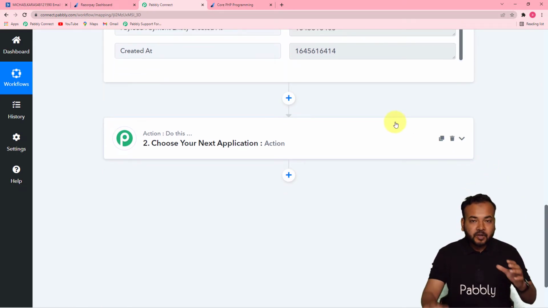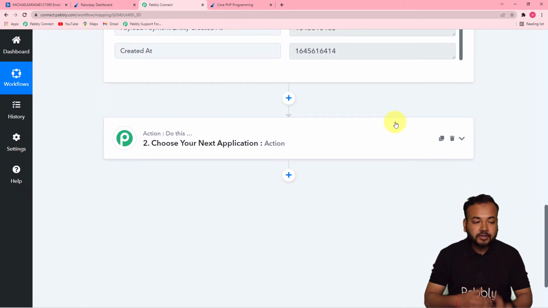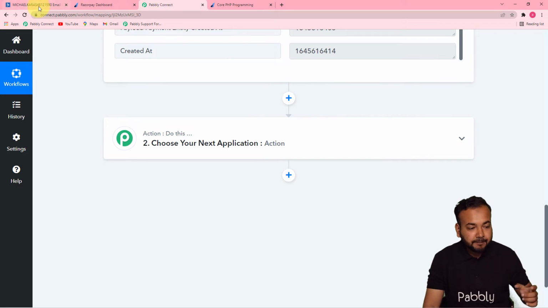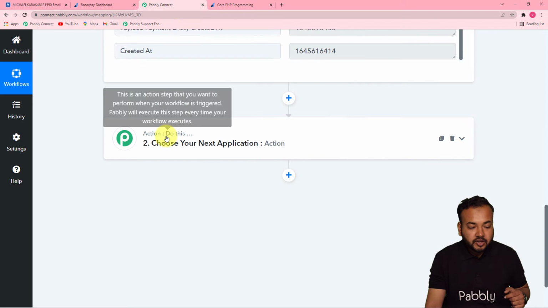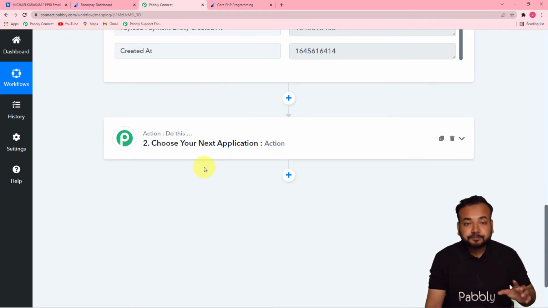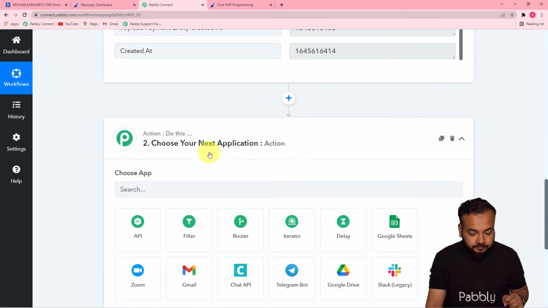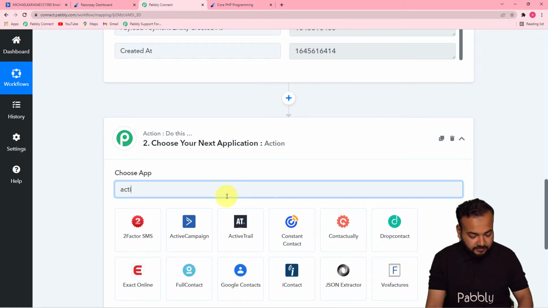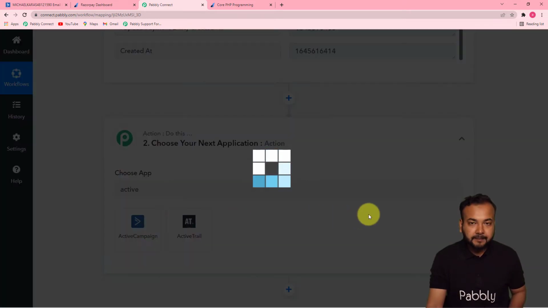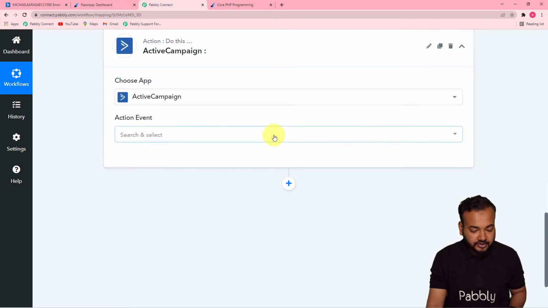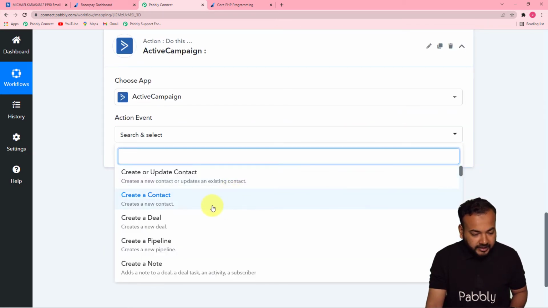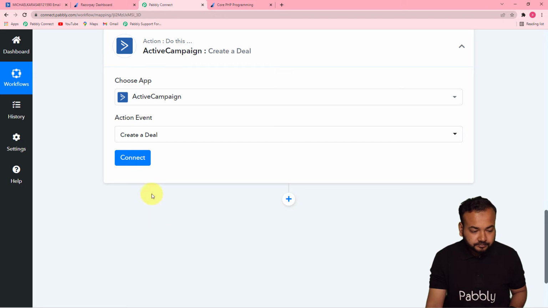After that, to solve this issue, I want to create a deal in my ActiveCampaign application, which is here. For that to happen, you have to connect your ActiveCampaign application here in this Actions tab. Here you have to search for ActiveCampaign. This is ActiveCampaign, and now in the trigger action event you have to select the create a deal option,